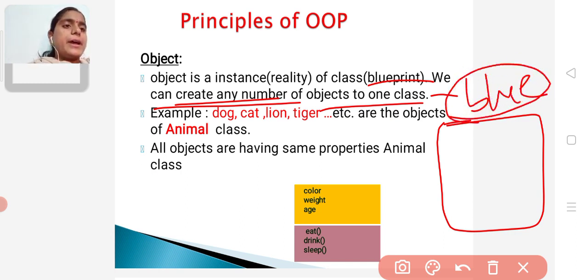So after taking this blueprint, if he wants to modify anything in that building, then he modifies the changes in that blueprint. Why?